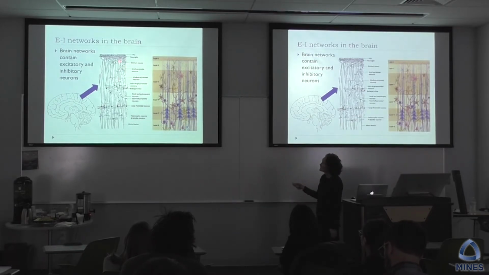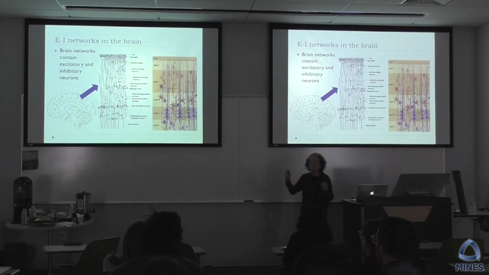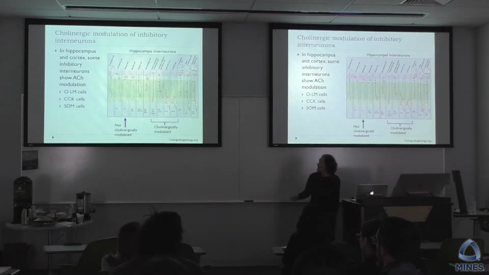So here's just a cross-section of an area in the cortex where these pyramidal cells are the main excitatory cells. There's some excitatory cells here, but there's lots of these little tiny other neurons, and those are usually inhibitory. So for most of your brain, there's a mix of excitatory and inhibitory cells connected together in some way. And in particular, some of these inhibitory cells can be modulated by acetylcholine, and